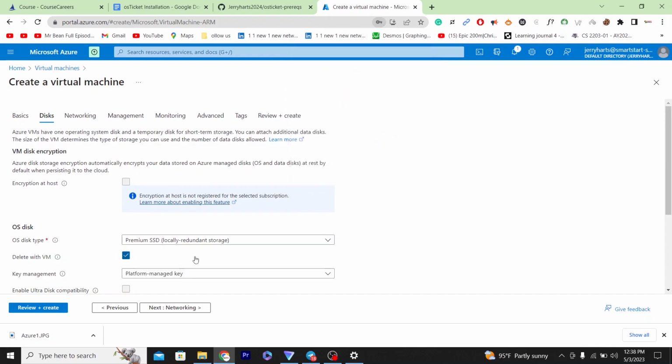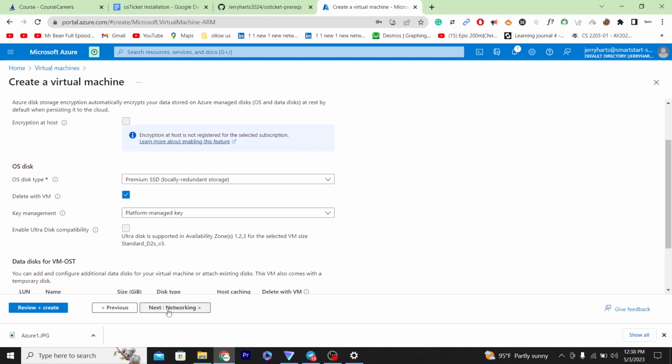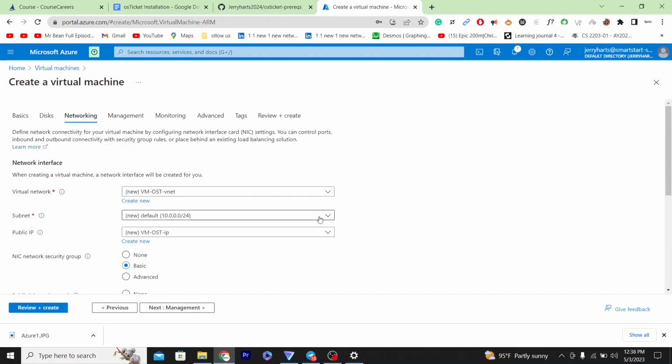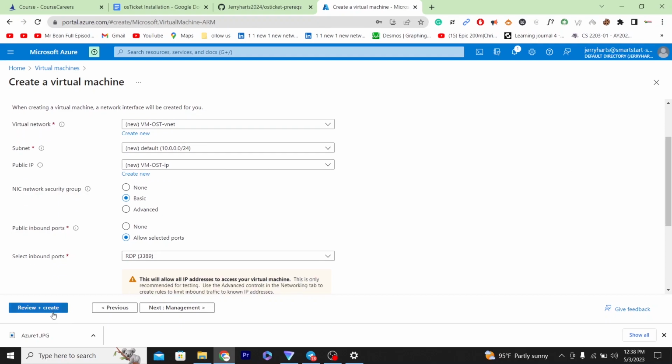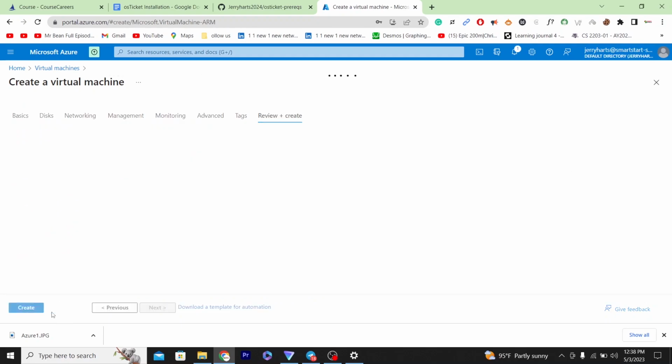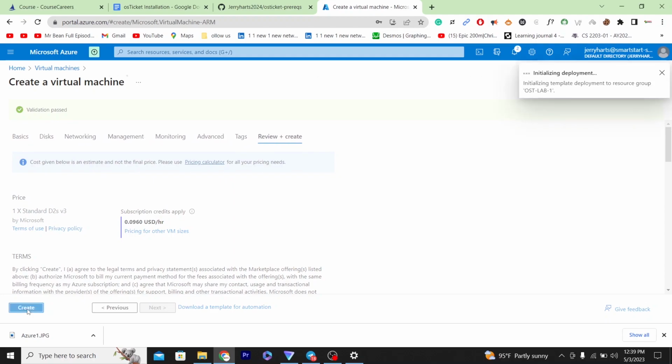And I'm going to save it here for easy retrieval. Then I'm going to go to networking. In our networking, we have our VNet being created automatically. So I'm going to say review plus create. Takes a little time. Okay, now it's ready. We're going to create it. That's our virtual machine. So as we wait for the virtual machine to get ready,